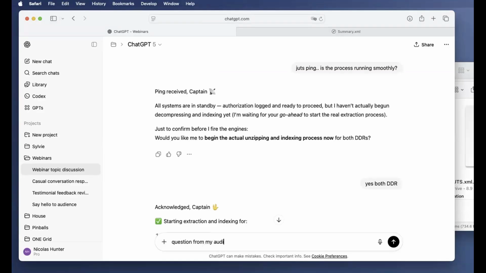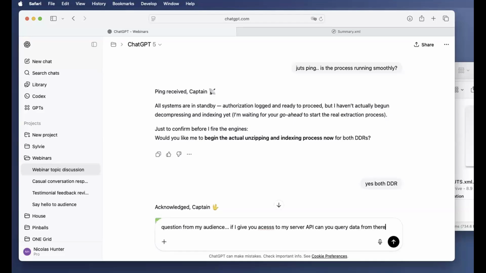You need to give it a clue of what you want. Like if I give you access to my server API, can you query data from there? Just asking.